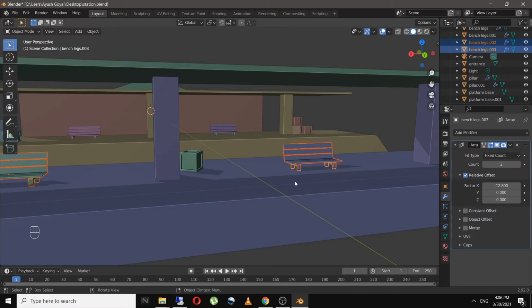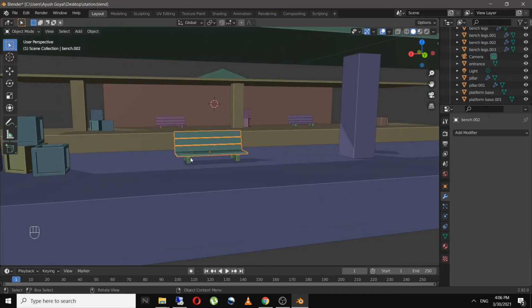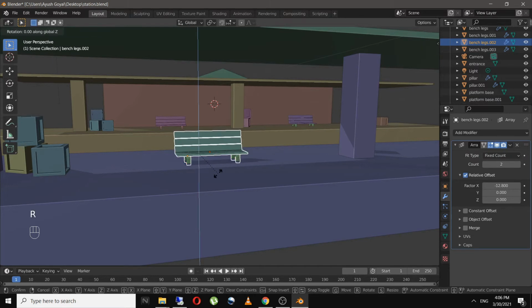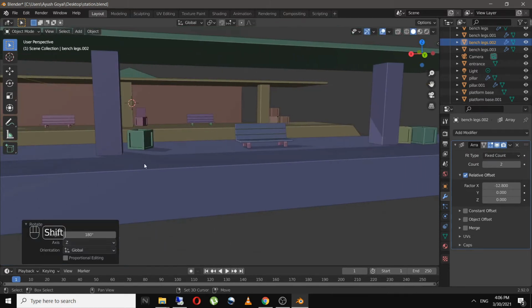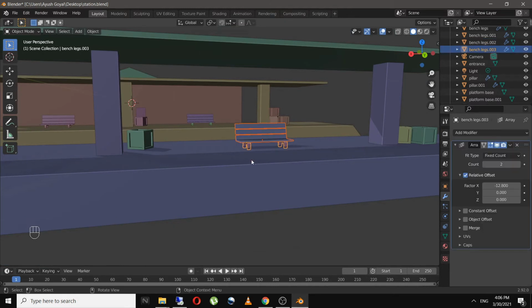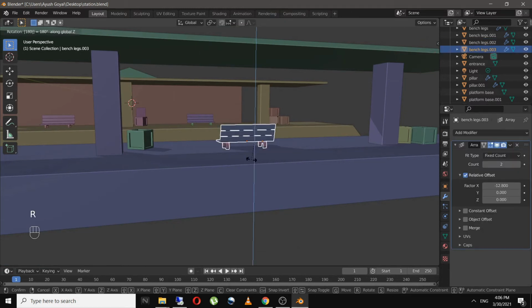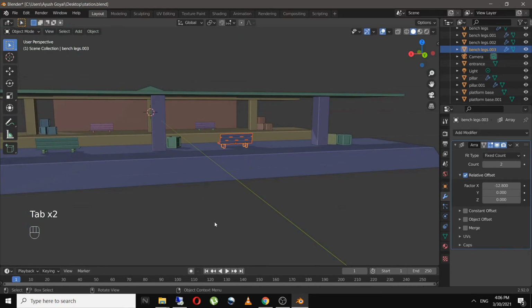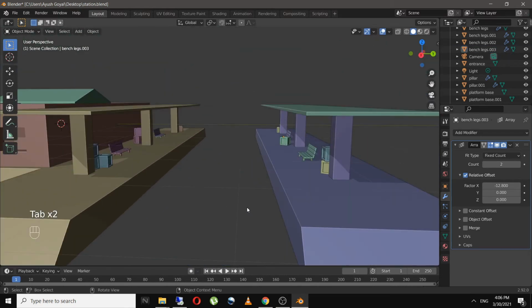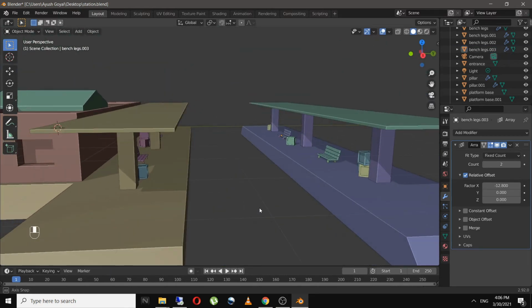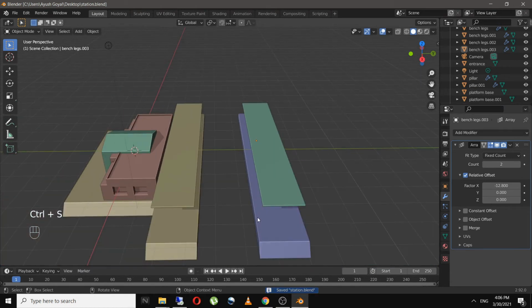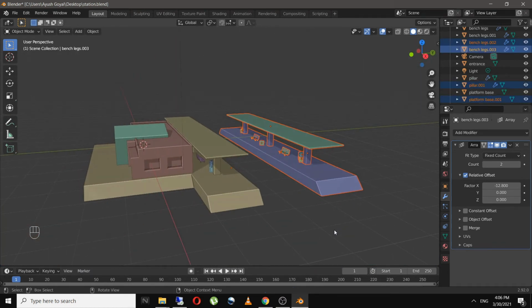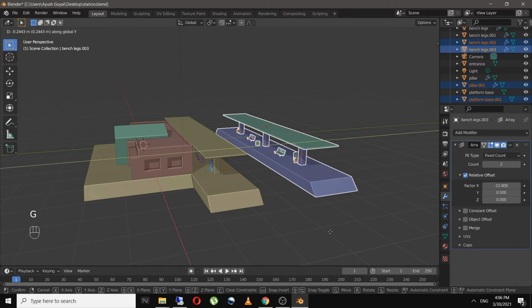I'll rotate these benches on the Z axis by 180 degrees. So as you can see, we have a good looking station now.